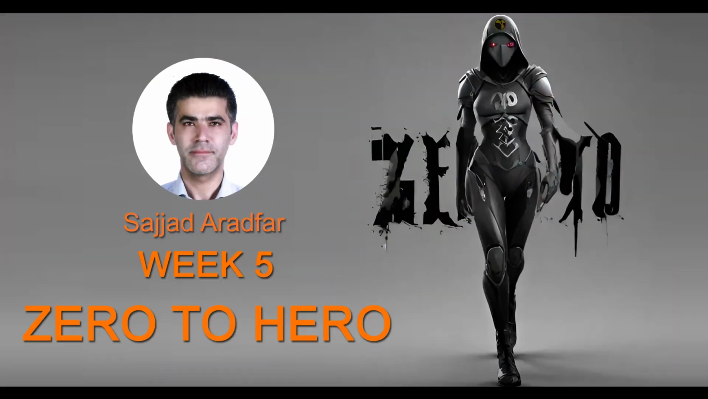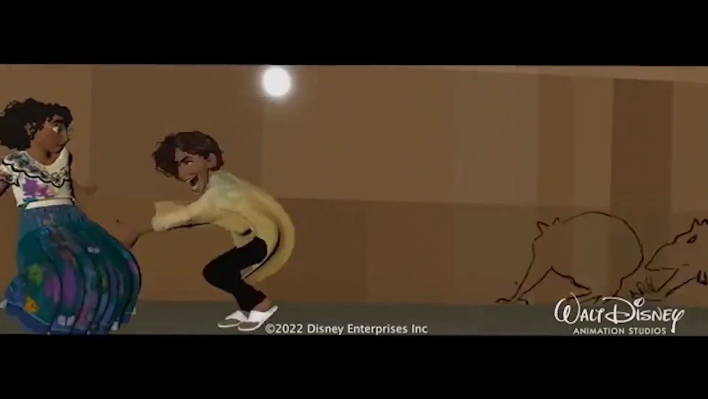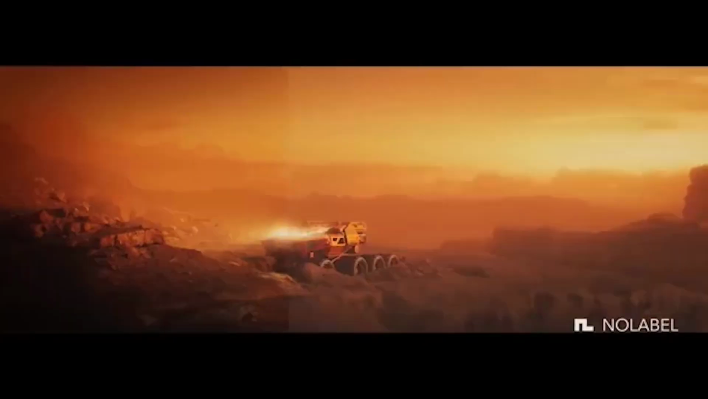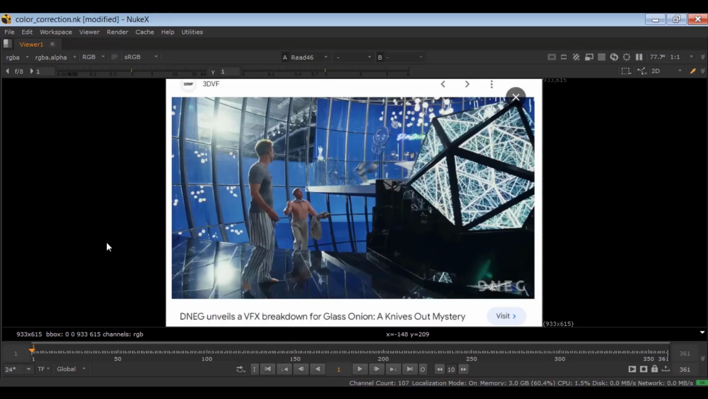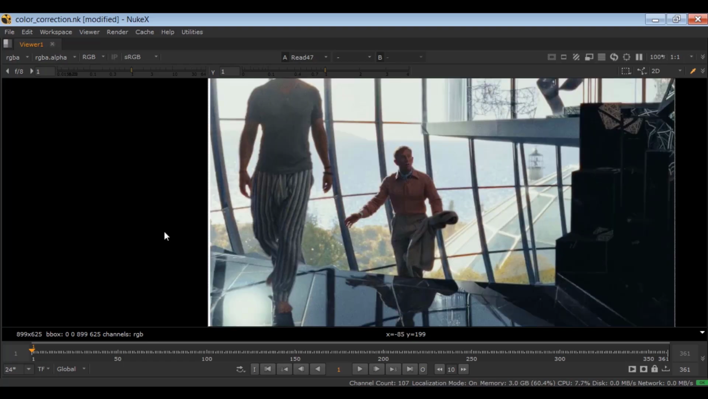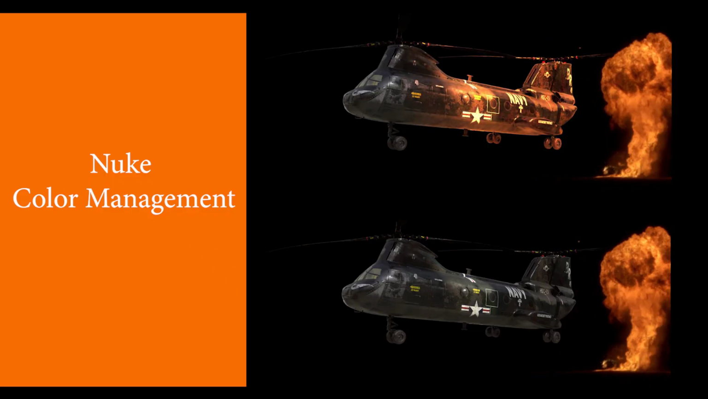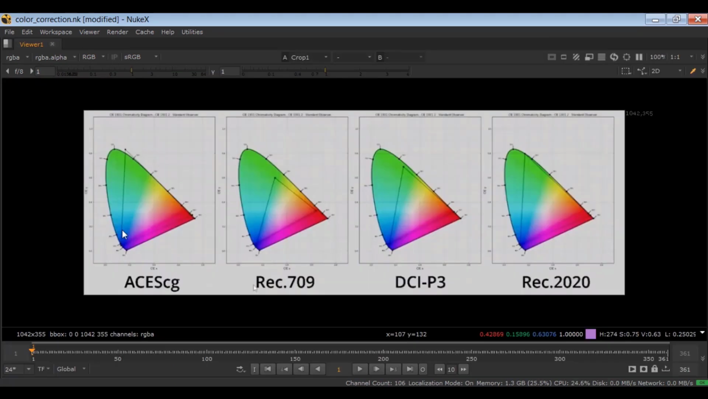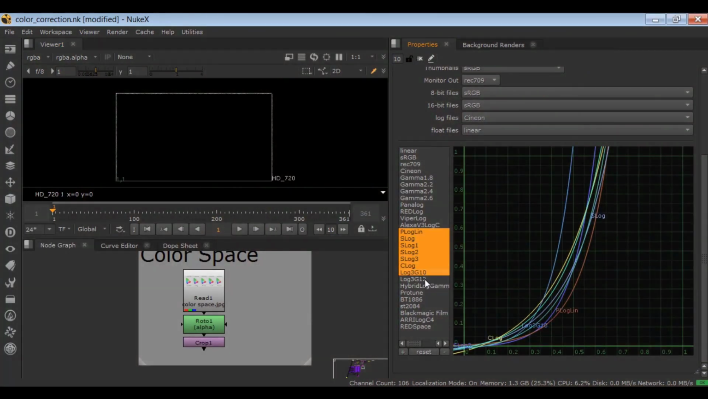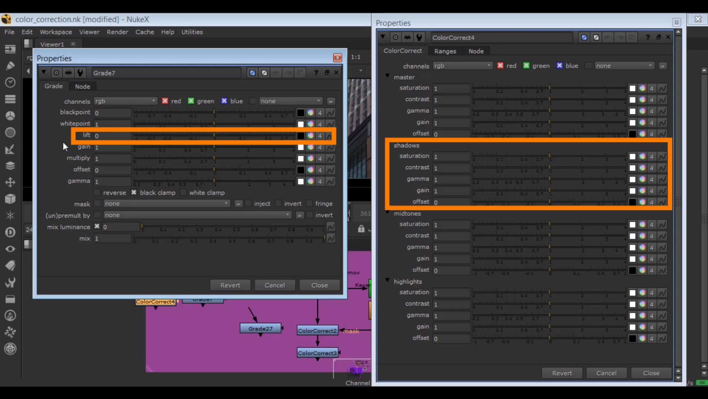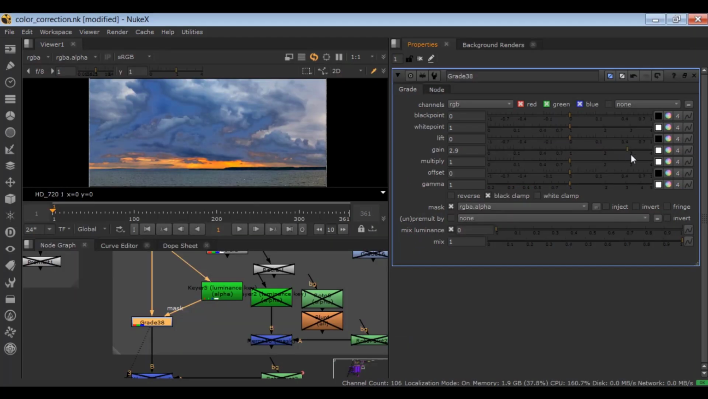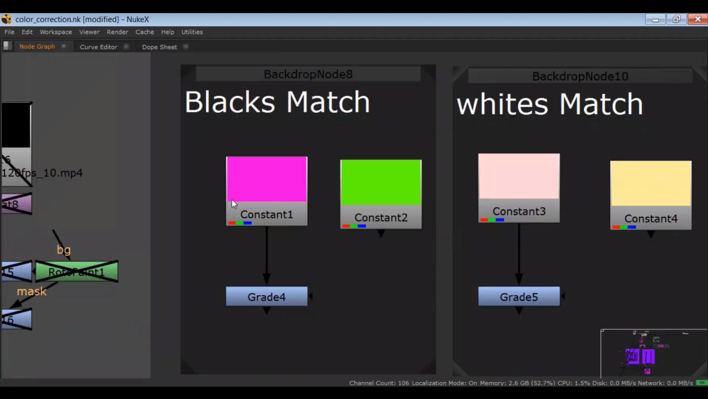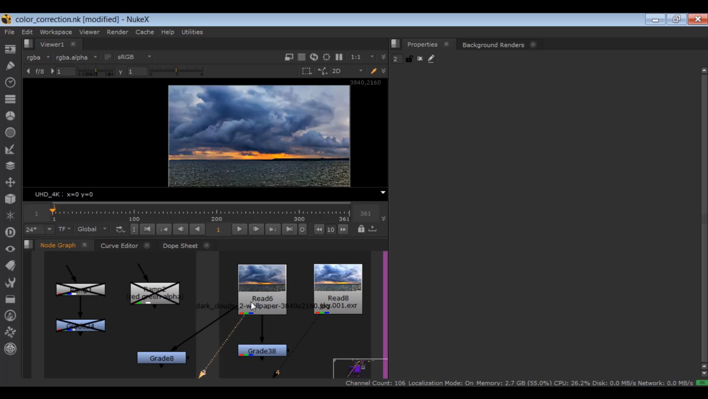In week 5, we will immerse ourselves in the extensive realm of grading in Nuke, covering a diverse range of topics essential for high-quality compositing in production. By the end of this week, you will gain a solid understanding of bit depth, color space, and color management in Nuke, linearization and its importance, primary and secondary color correction techniques, alpha grading and selective color correction, matching black points, white points, exposure, gradient,